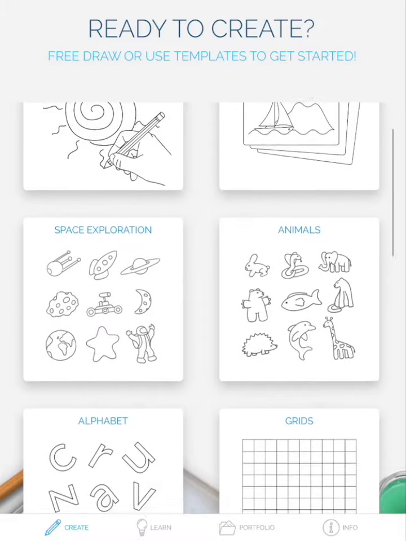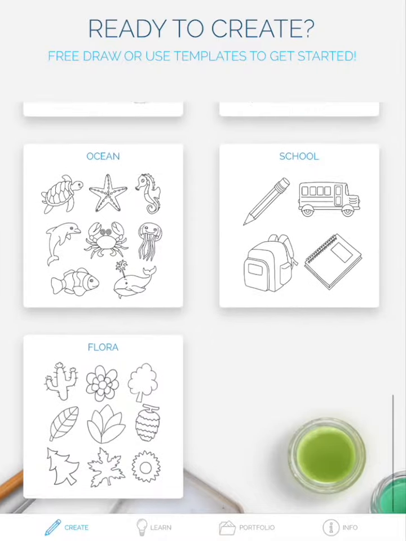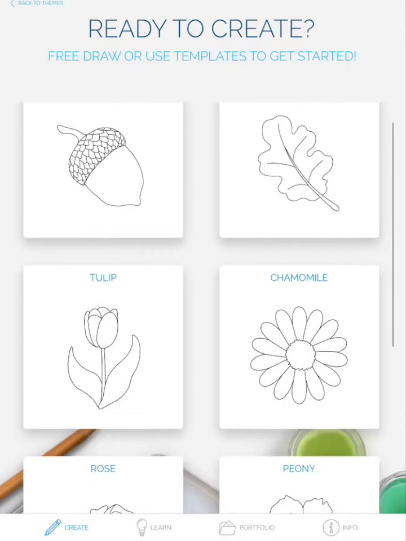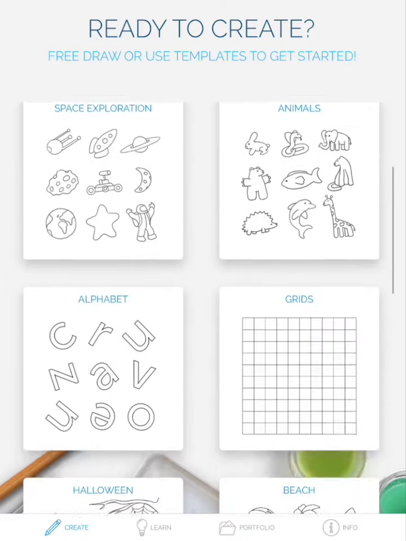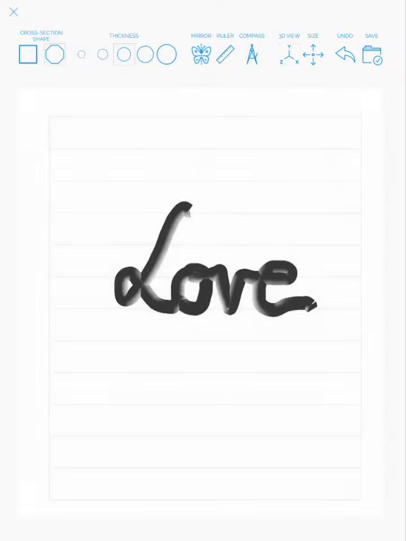Welcome to Science Lab. Science Lab is an easy-to-use 3D drawing app that allows you to create and 3D print 3D designs in minutes through drawing. You can use one of the templates or grids in the app to guide your creations, or even use a photo as a guide. You can write in 3D too. Simply sketch or trace with your finger or an Apple Pencil, and your drawing or writing will be automatically turned